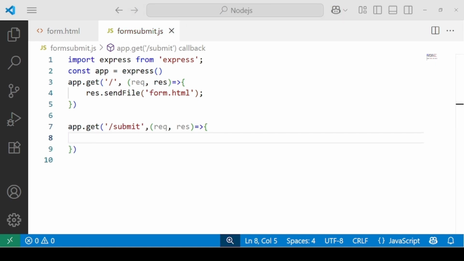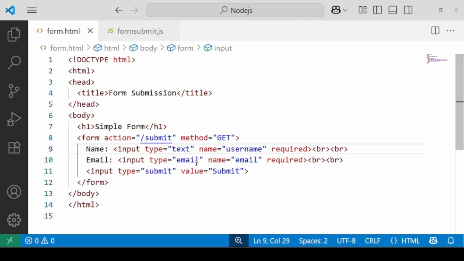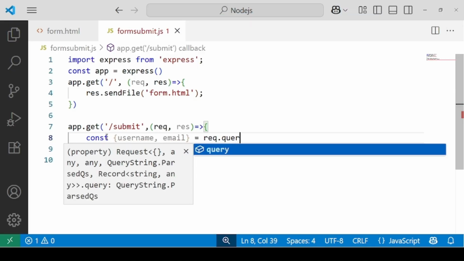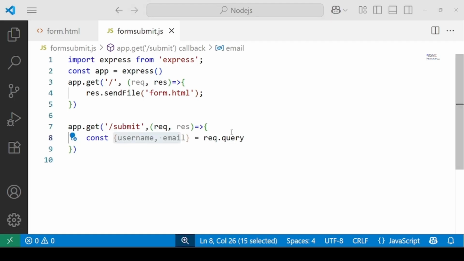Now we'll be using object destructuring. So we are having two text boxes, and we'll be creating two variables. const, first one is username, second one email, equals request.query. Now we'll be understanding why we are writing this. Now let's see what is this request.query.